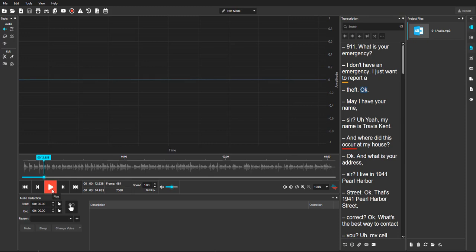Yes, he said, I just want to report a theft, so I know this is accurate. I'll go ahead and mark this as accurate as well. Lastly, let's hover over the red line. We can see that this is only 6% confident, lower than the green and the yellow. And when we take a listen,